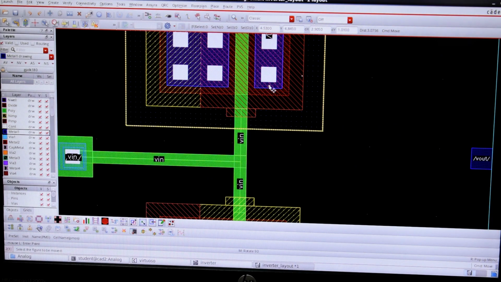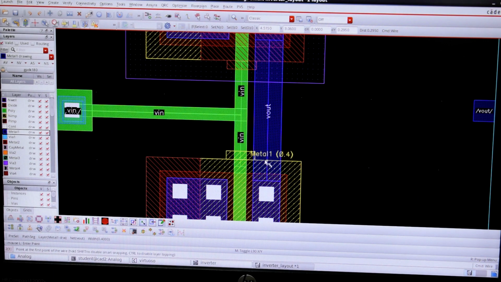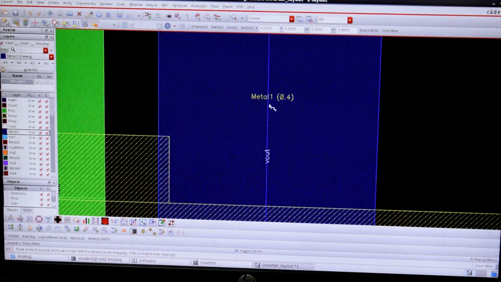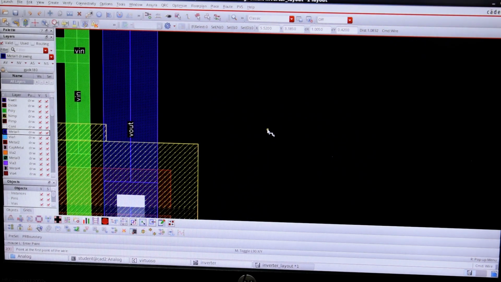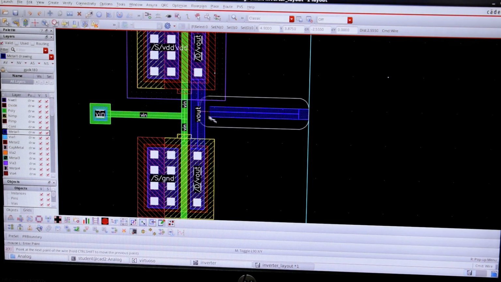Now I need to connect my drain. So both the drains are shorted. Again, I don't have to worry about the connection. Since polysilicon I have connected properly, automatically this will come properly. Right? So both the drains are shorted. Now I need to connect my Vout drain to Vout. This is my Vout pin, so I will just extend this. Here both are the same material. This is also metal one, and the drain also is metal one. So in that way I don't have to use via.